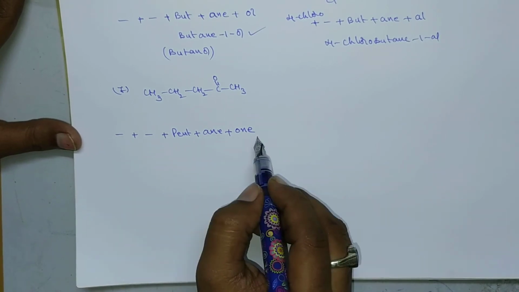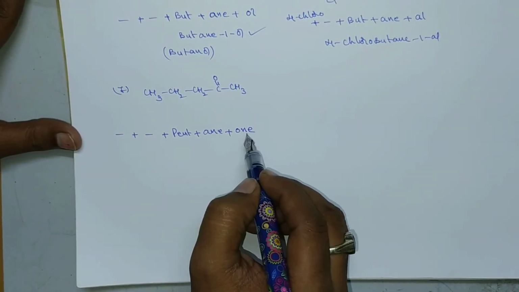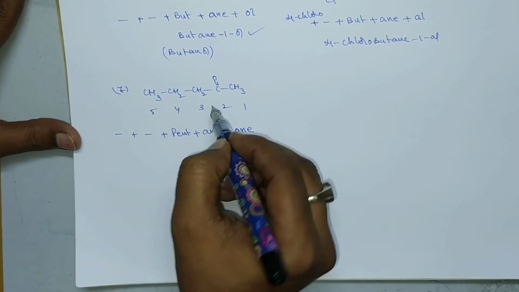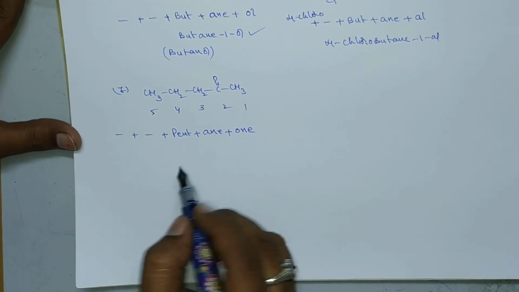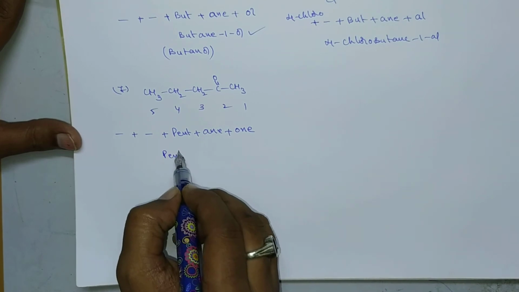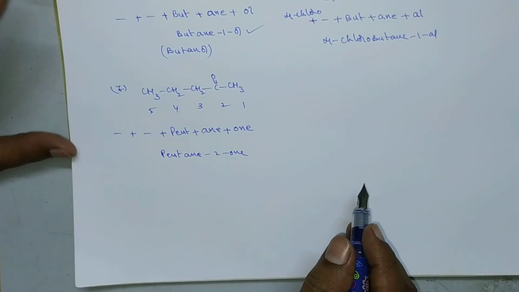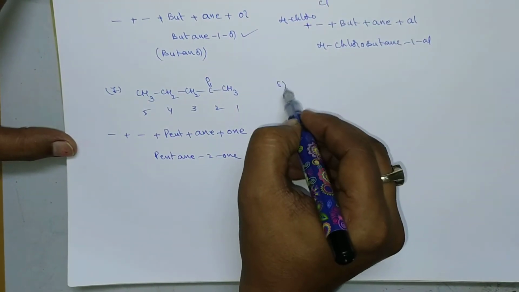So where the keto group is, we have to number from this direction: 1 2 3 4 5. So at the second position there is a keto group. So we have to write pentane-2-one. Okay, clear? And next,